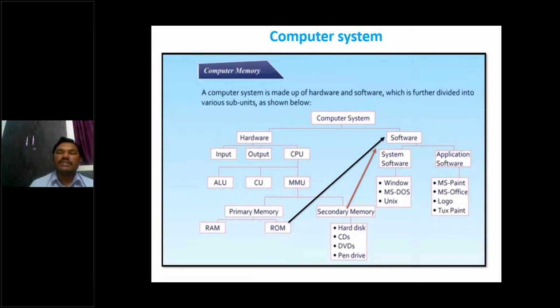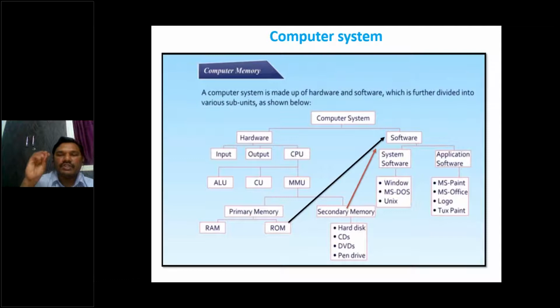They are all called application software. But where will this software be stored? This software will be stored either in ROM or in secondary memory. You know that once you install an operating system in your desktop computer, it will be stored by default in the C drive, or we will choose where to store it. We will choose the C drive.